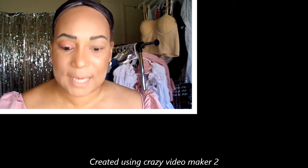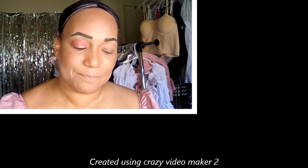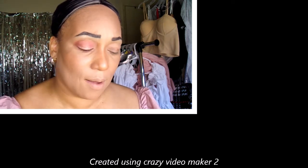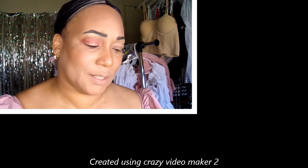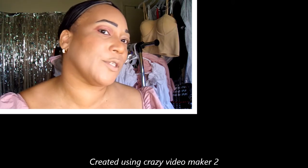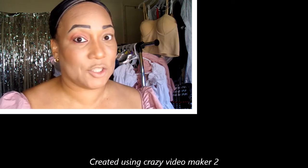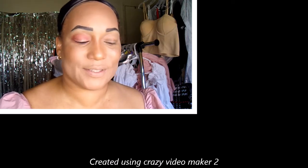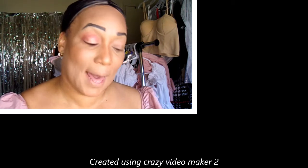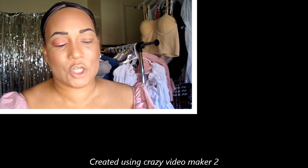I used to love the Kiss version one, and I love that one. I used to literally put it on my lash line and never had any problem, but I felt like that one was, I wouldn't say intense, but it's very strong. So I'm going for lash glues that I feel are for sensitive eyes, or that are hypoallergenic and stuff like that. I'm pretty sure most of them are hypoallergenic,